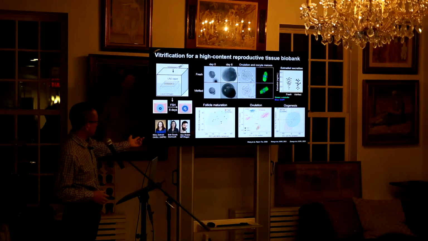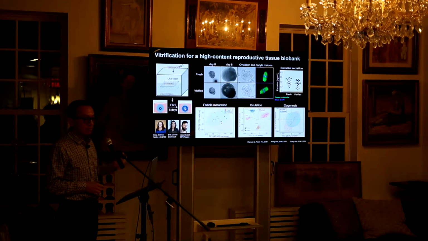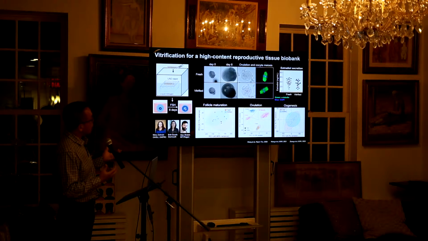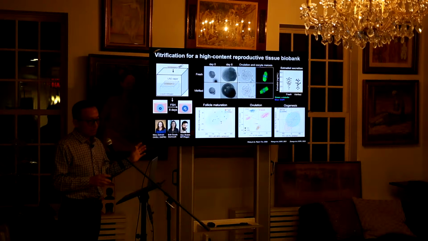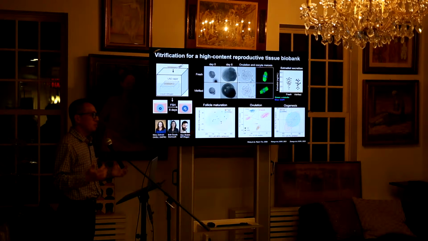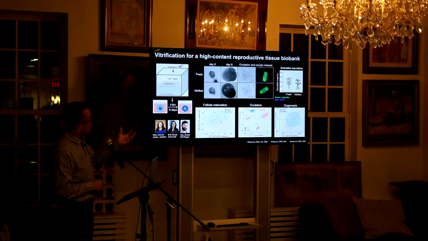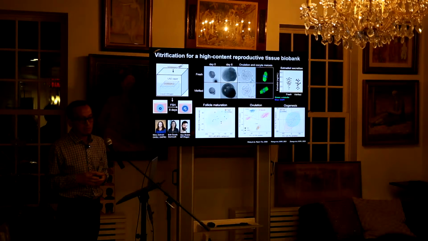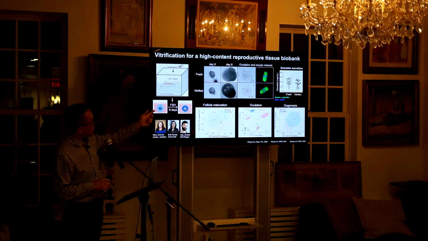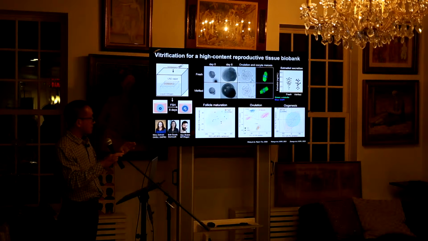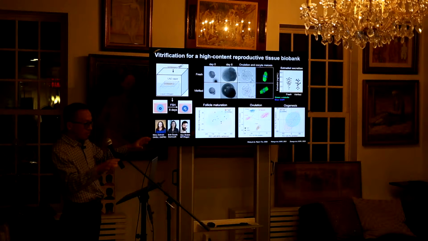So we collaborated with Dr. Mary Zelinski from Oregon and developed a closed vitrification system. So far it works pretty well in mouse follicles, because I don't have human follicles from premenopausal ovaries to do the research, which is very challenging. But overall, for mouse follicles, they are very comparable at the morphological level, meiosis level, and hormone secretion level, and we also did single oocyte RNA sequencing and follicle sequencing, and they are very comparable.